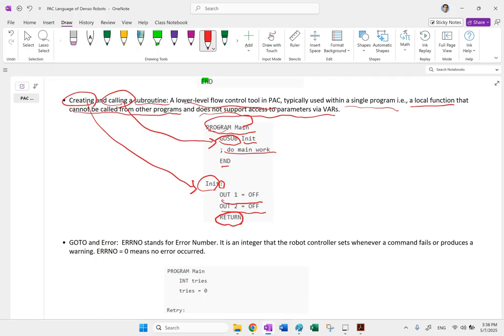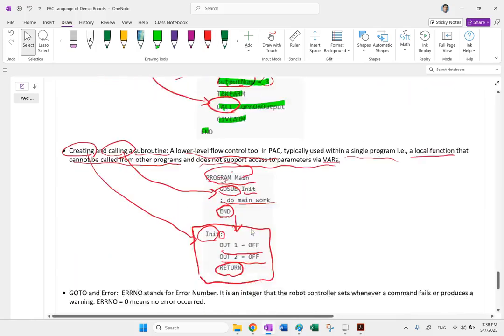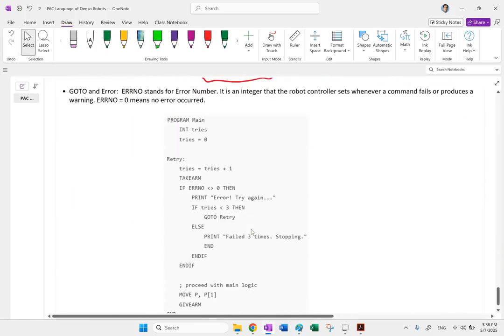And if you remember in the beginning of this video, I said that when you have the keyword end at the end of a program, that's where the subroutines start. And you see this subroutine started after the keyword end. So end does not mean the program ended. It means the motion inside the program ended. The subroutines of the program will be defined underneath after the keyword end. So this is how to create a subroutine and user-defined functions, and finally